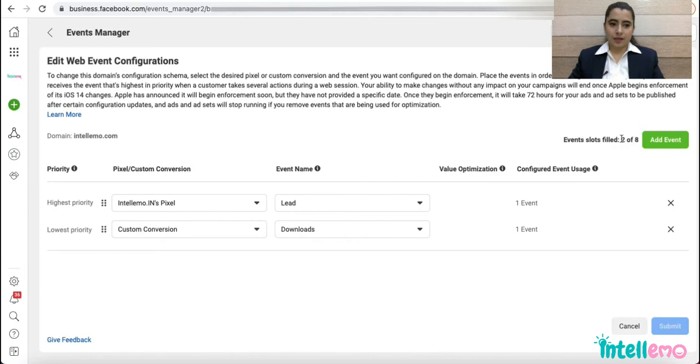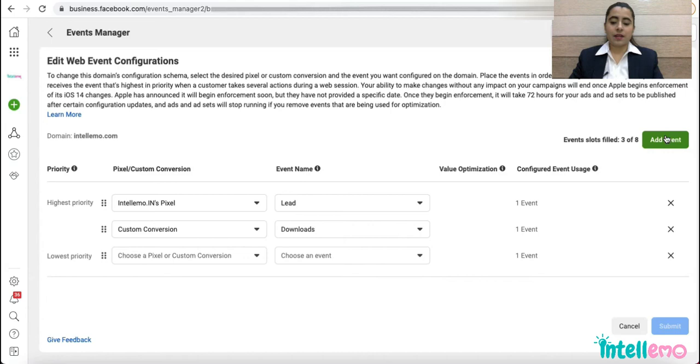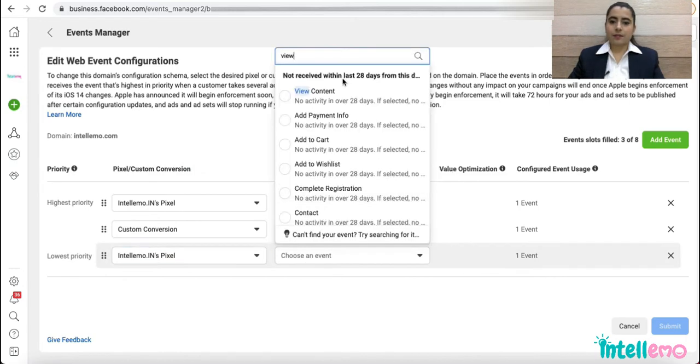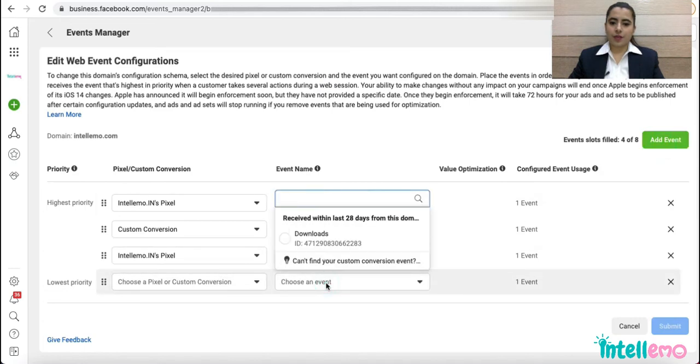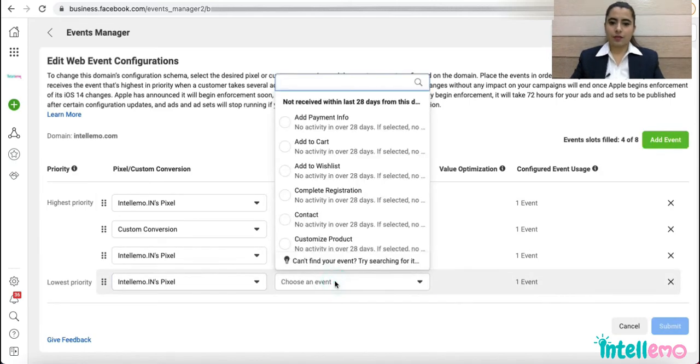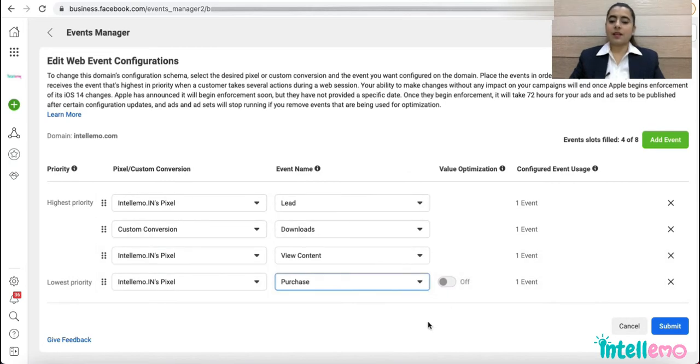There are up to 8 events which you can keep adding, and for that you'll have to click on add event. You further have the option to prioritize them. For example, if you're an e-commerce business, you can create a whole funnel, let's say page view, product view, add to cart, checkout, purchase. So if I have to add another event, I simply click on add event and it has come right here. After choosing a pixel, I can choose an event. Let's say page view. I can add another event for a purchase. So here I'll choose the event purchase, and if there is similarly any more event that you would like to add, you can add the same.